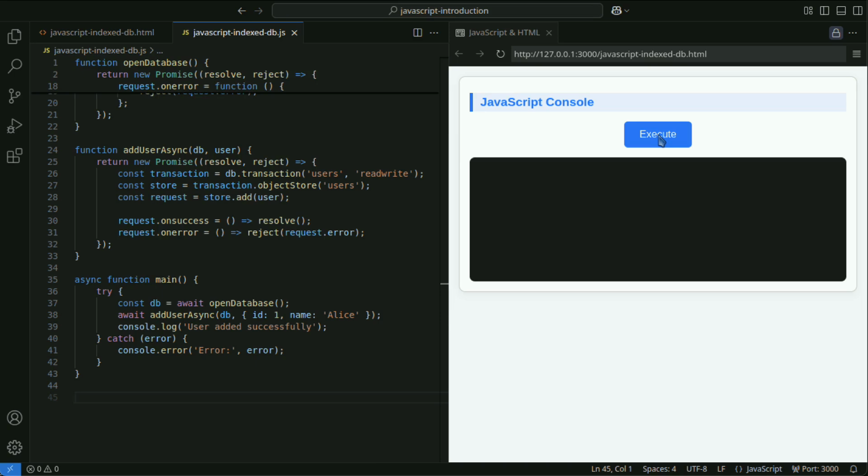Wrapping functions like openDatabase or addUser with Promise makes it possible to handle asynchronous processes intuitively with async/await. This avoids callback hell and makes the code more readable.